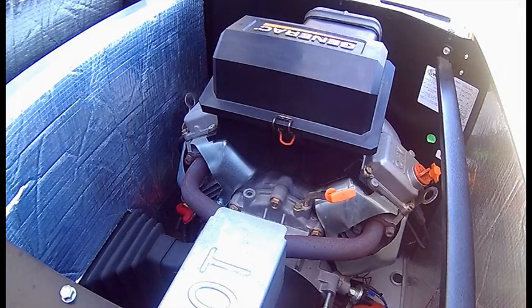Okay, this is my 2015 20 kilowatt Generac generator. At the time, it was the biggest, baddest air cooled generator that Generac offered. We went with air cooled because